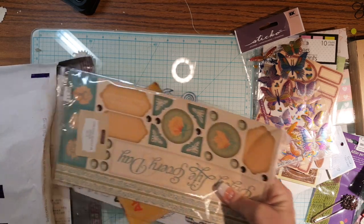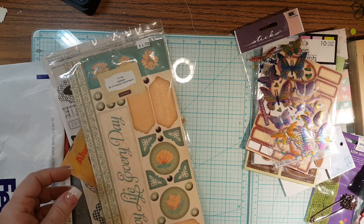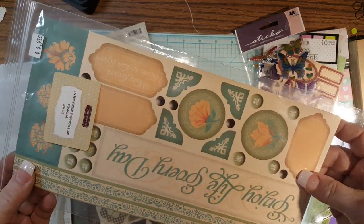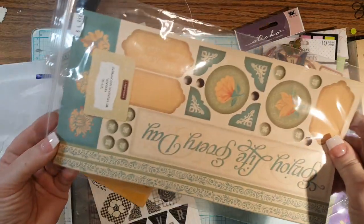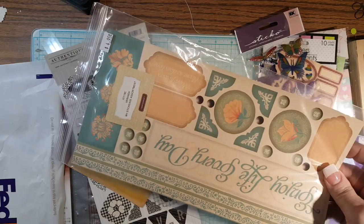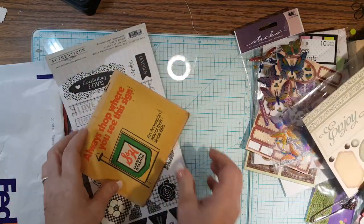Let's get some more out of here. Oh, this little guy. I'll put that back in there when I'm done. And then this little punch-out stickers situation that never got used. This light, I don't know what's going on here, sorry. I'm trying to make it to where you can see this, but I'm going to go through it quick so